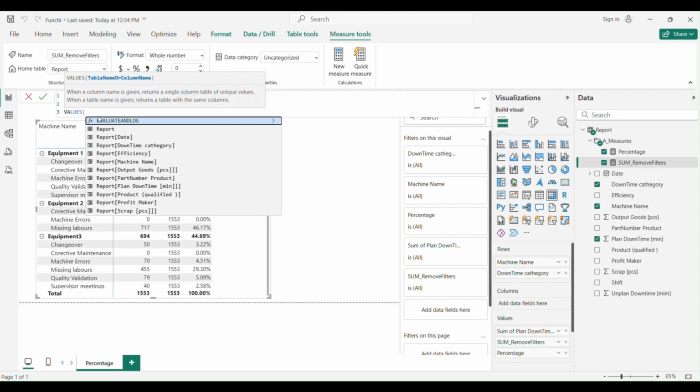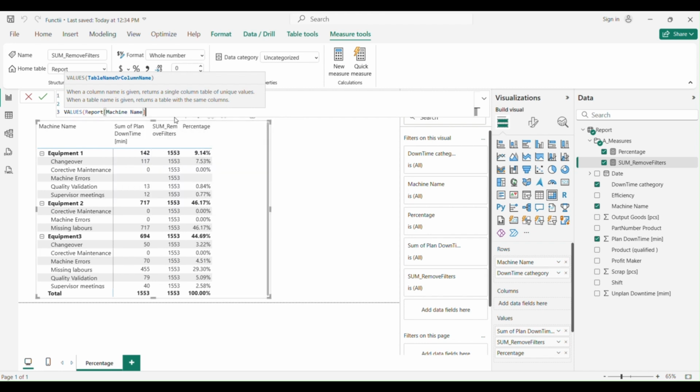So for example, if I say report and I apply this to my machine name, which is my first category in our matrix, you will see the difference.